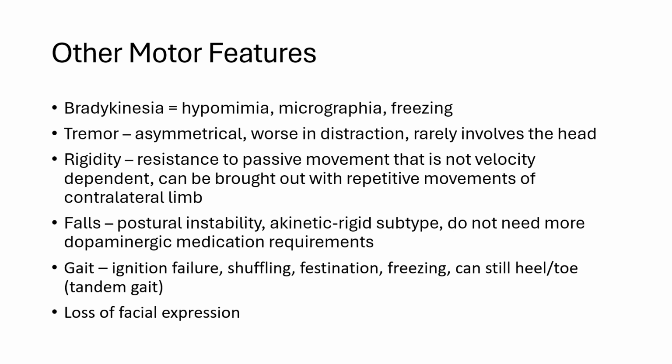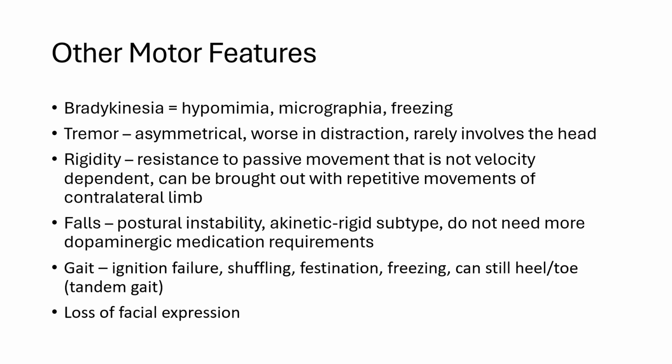But I think postural instability is maybe seen a little bit later on, whereas in some of the other Parkinson's plus syndromes, postural instability is often an earlier sign. In idiopathic Parkinson's you'll get the bradykinesia, tremor, rigidity first, and then progress to postural instability, and then gait problems, ignition failure,